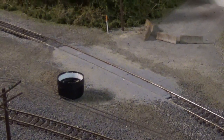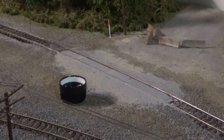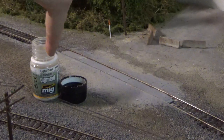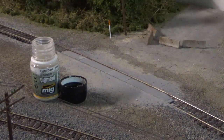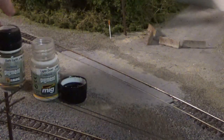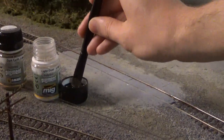Alright guys, everything has dried up super nicely, and I want to go ahead and finish up this crossing with a little bit of weathering to just blend things together. I'm using a little bit of light dust pigment, and I got a little bit of dark earth pigment by Ammo MIG products. Alright, so I'm going to use a brush here, and I'm going to come in,